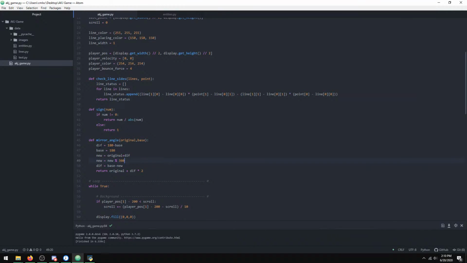So this is 90 degrees. You find a difference, which is 90 degrees from 180. And then you have to adjust the original. So if you're coming in at 0 degrees on a 90 degree angle, wait, you're gonna get,